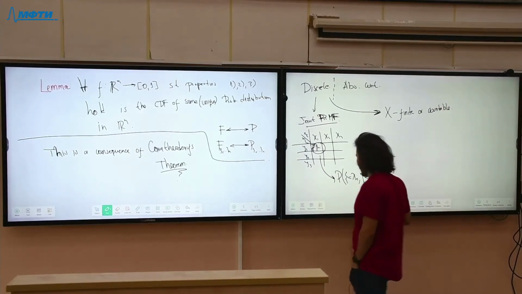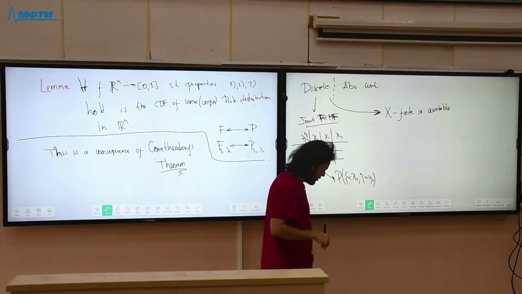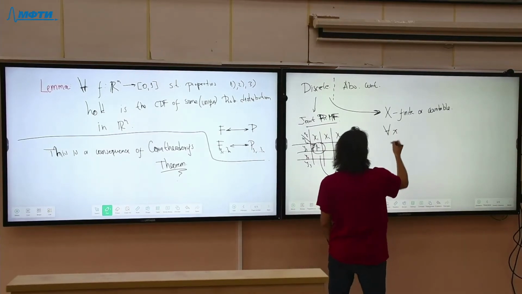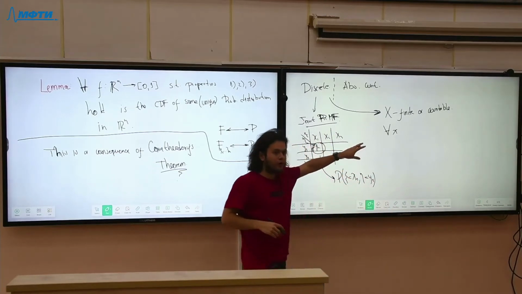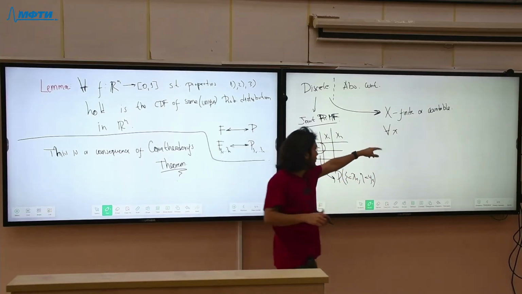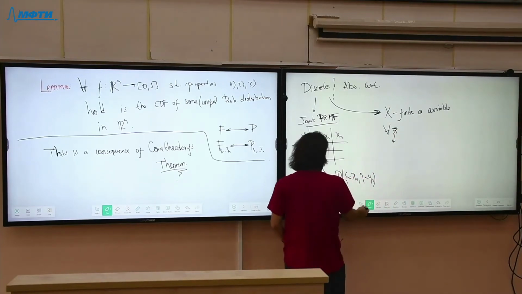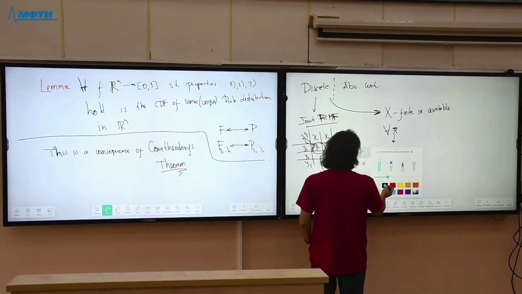And for every point, in this case a point in n dimensions, so this is a vector, like this, for every vector here,